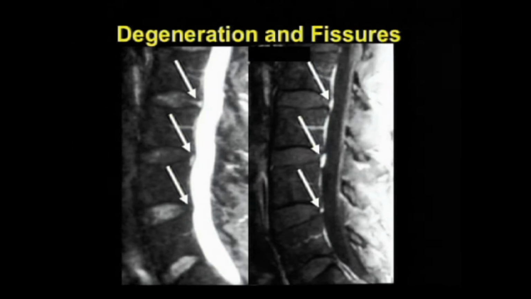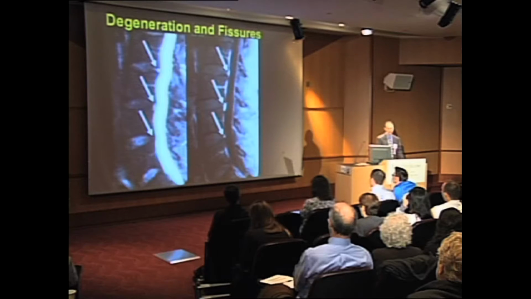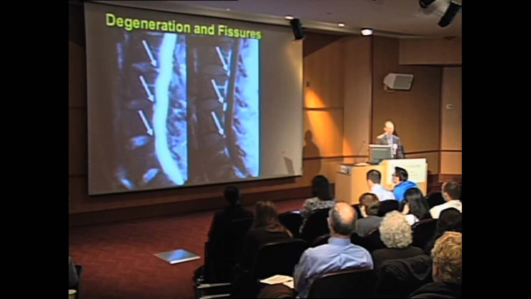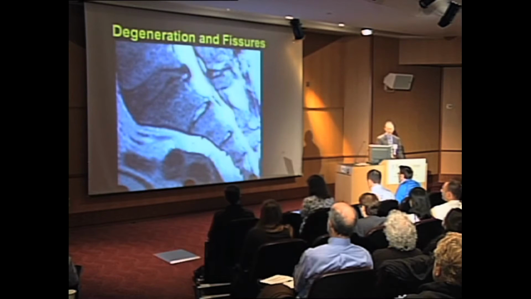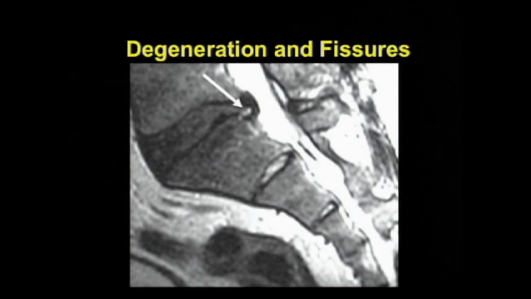On the right is a T1 weighted image with fat suppression. These annular fissures enhance, probably because there's granulation tissue associated with them, and you actually increase your sensitivity for detecting annular fissures if you give contrast. We don't routinely give contrast in people that have not been operated on because, again, the importance of simply detecting the presence of an annular fissure is, I would say, uncertain at this point. But know that we're quite sensitive and we can detect them frequently. Here is another example of an annular fissure that you can see in a degenerated disc.